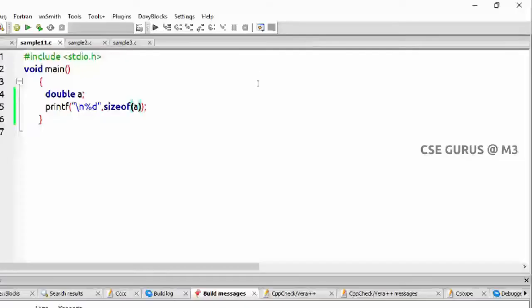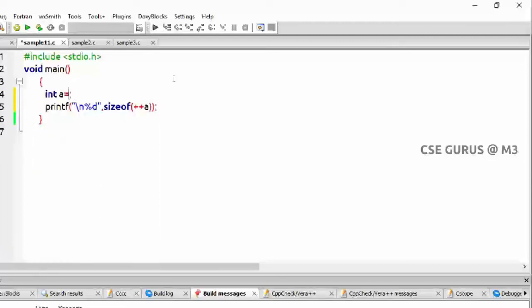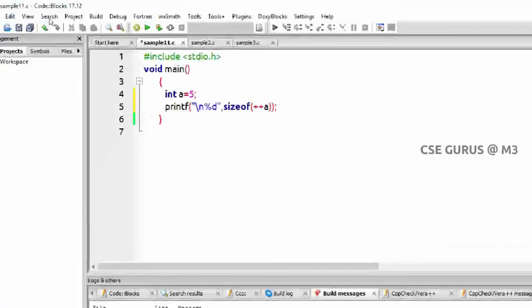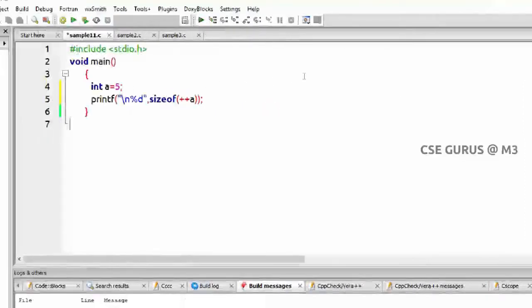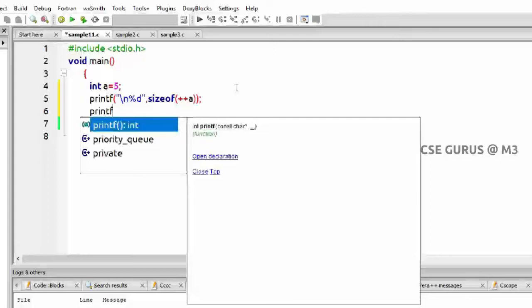So let me take one example. Let us suppose I write sizeof(a++). Let us suppose I give int a equals 5. In this case, what is the value of sizeof(a++)? Of course, you know it depends on your data type, that's why you feel it is 4 bytes, right?